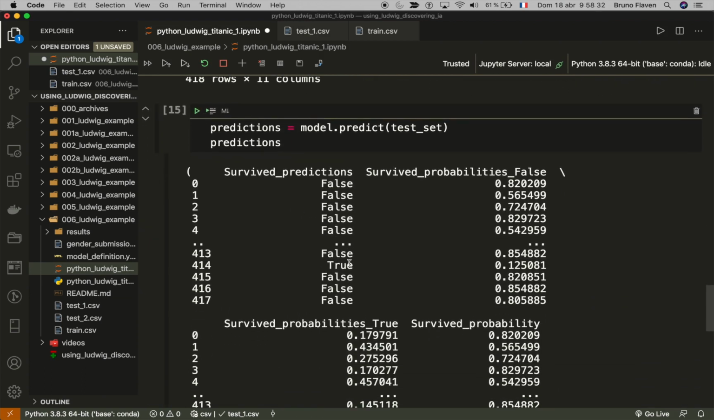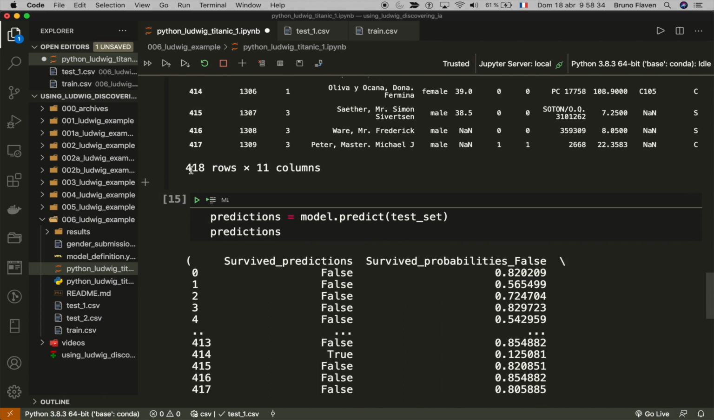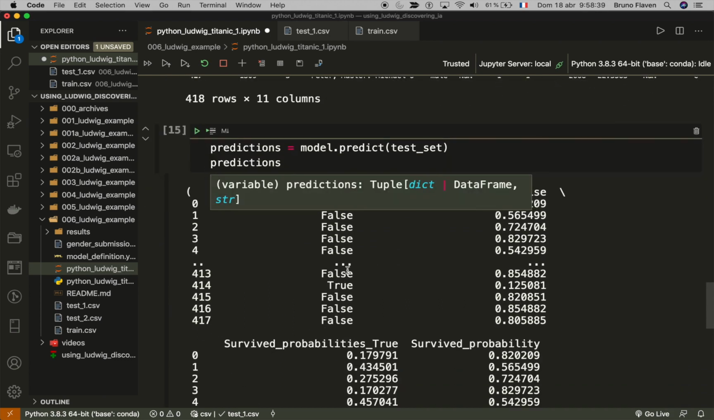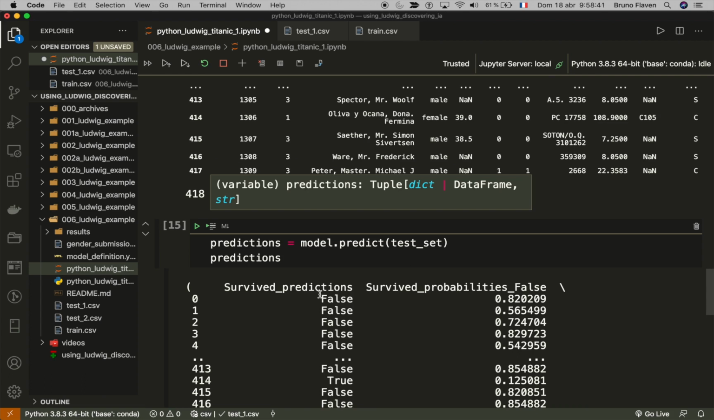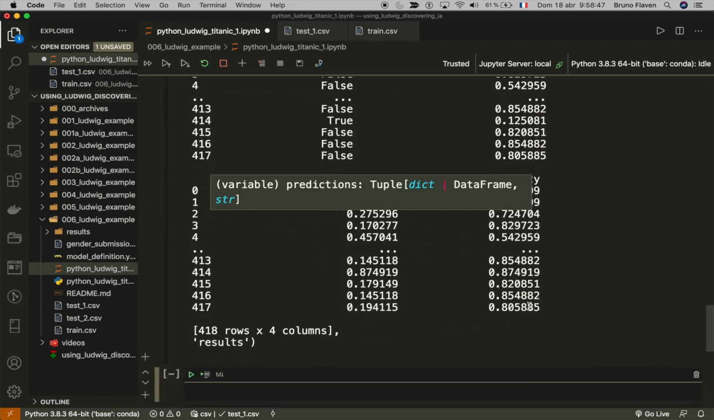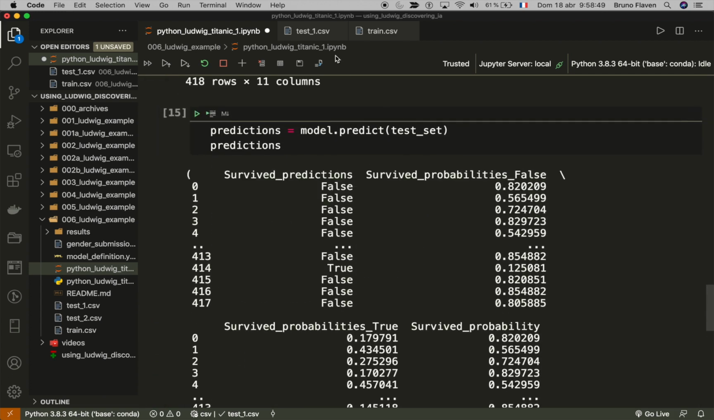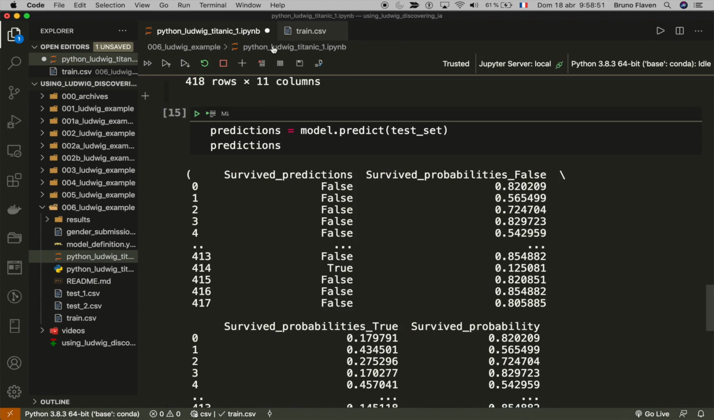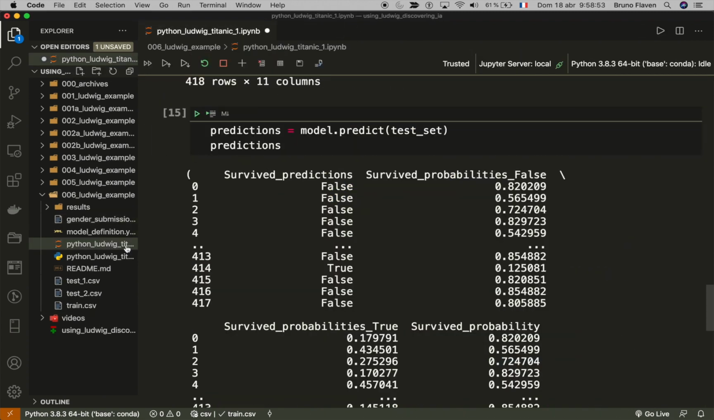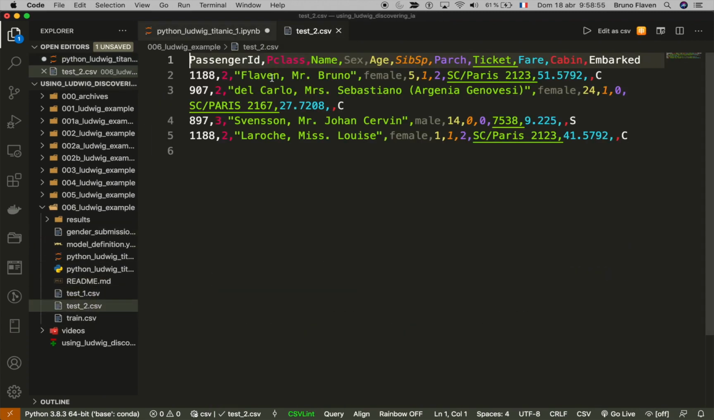You see? And it gives you all the 417 people, their probability to survive. Okay, and the prediction and the probabilities. Okay, and what was fun is that I've made another test, which I put myself, and I made, you see,